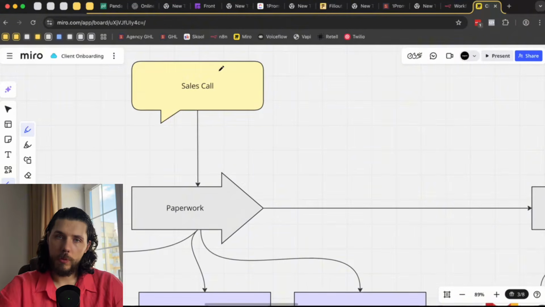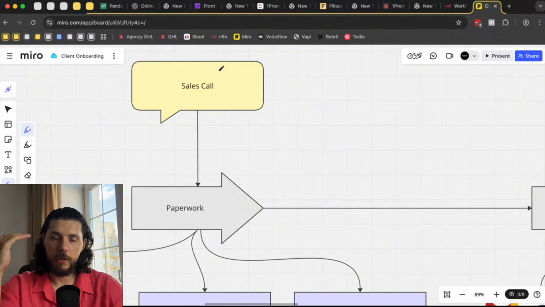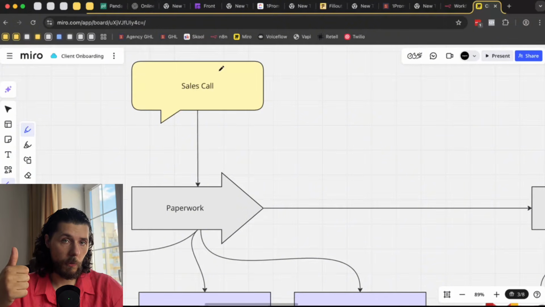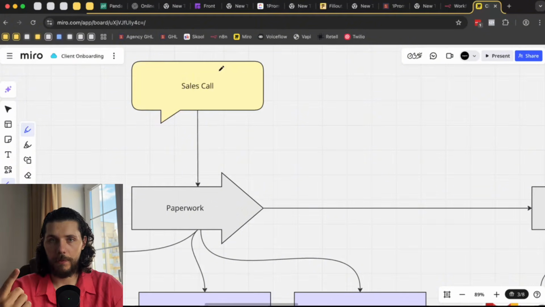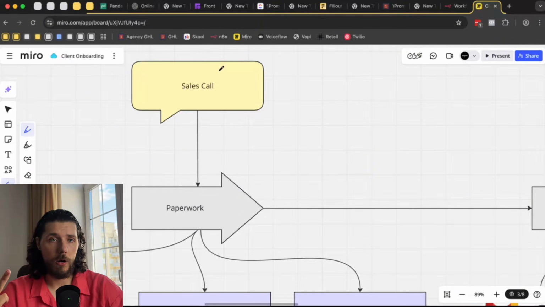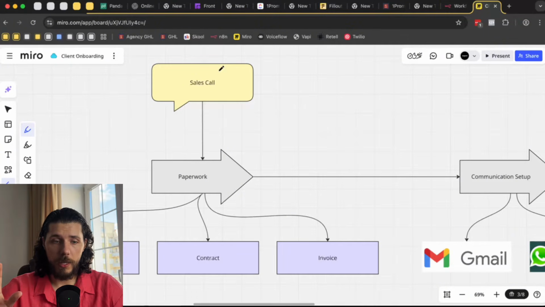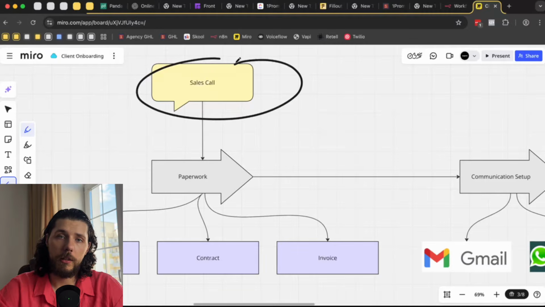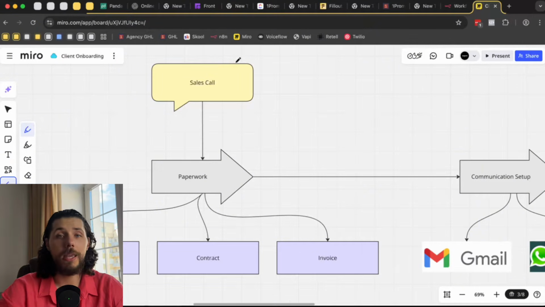Usually, we do multiple calls: the discovery call, then the actual sales call, then the setup call. Of course, it depends on A, the solution that we're building, and B, where the client came from: paid ads, outreach, organic, workshop, webinar, content. But generally speaking, after the sales call is done and the client agreed to pay us money for the